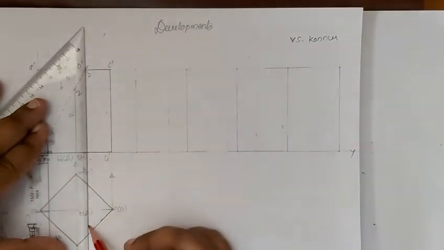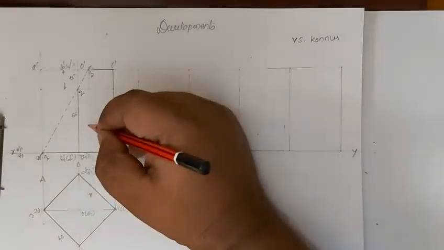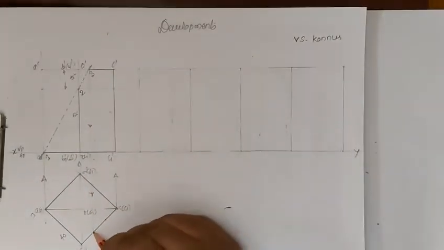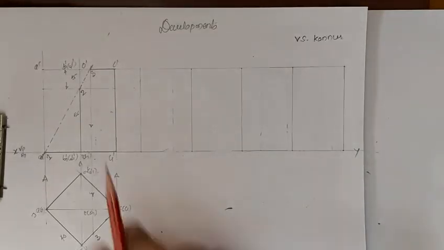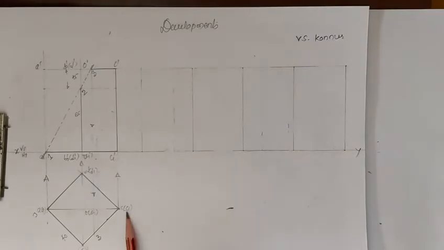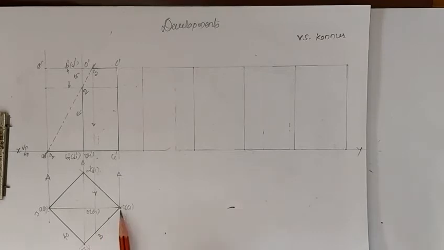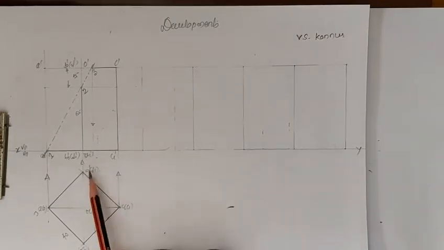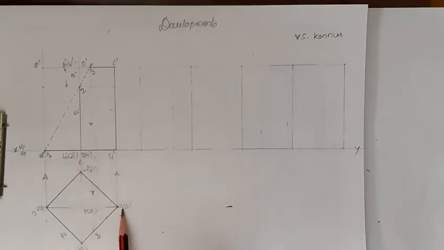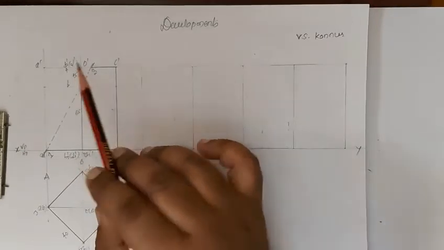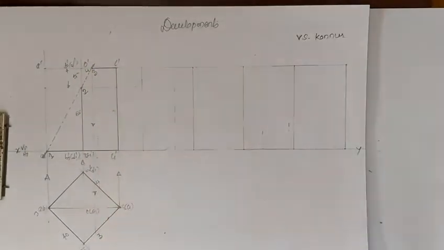From this point we'll draw a line, where this point is called the third point. It is on B to C at the top face. Next go for CC1. C1, there is no cut, leave it as it is. Then go for C1 to D1. C1 to D1, there is no cut. Then go for C to D. C to D there is a cut, so we'll mark it as 4 and write 4.